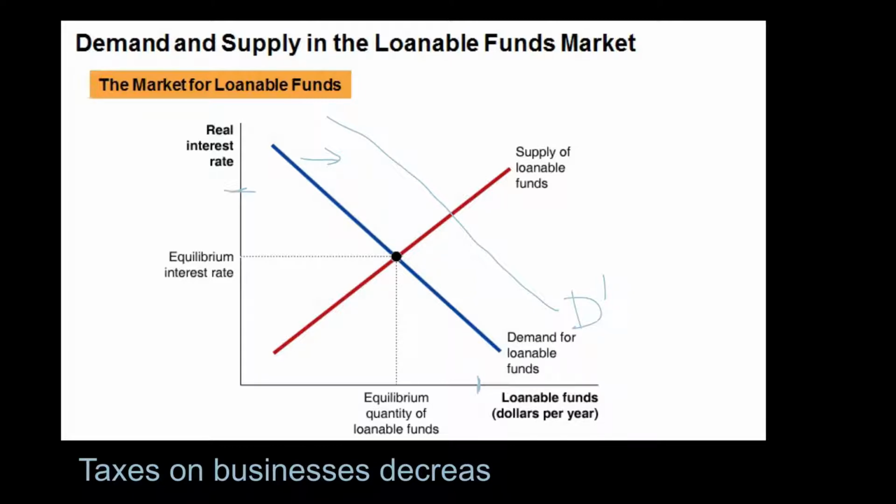Now, notice that when you achieved that through an increase in supply, like we saw in the last graph, we actually had a lower interest rate. When you achieve this increase in investment dollars by increasing the demand for loanable funds by lowering taxes, you actually end up with a higher interest rate. Just pointing it out. But both of these scenarios we've looked at so far do lead to more dollars of investment and therefore, presumably, more economic growth.